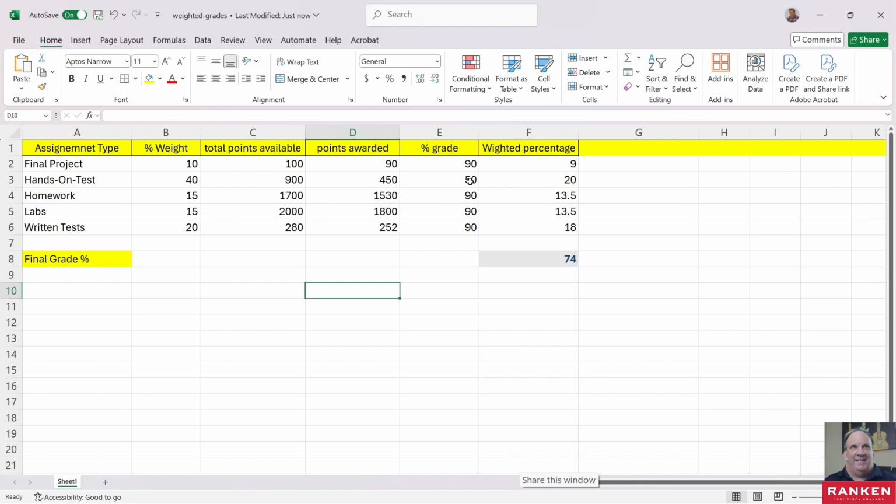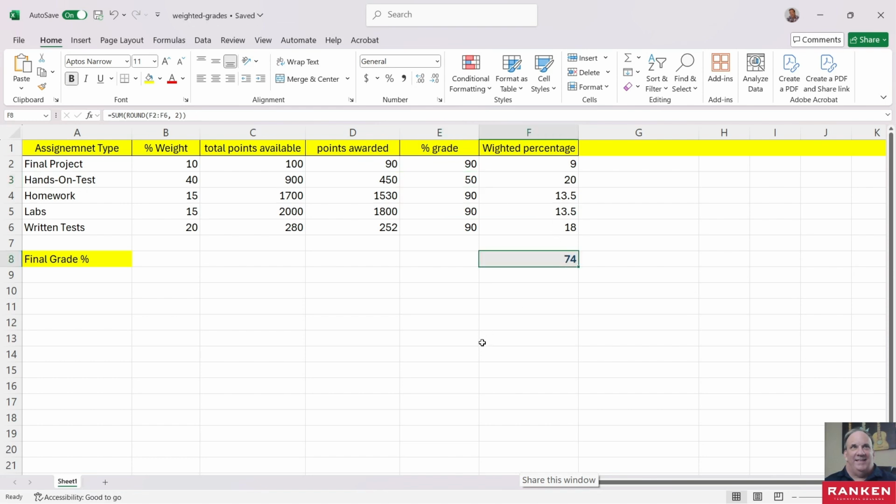It's basically this 50%. So it's going to take 40% of your 50%, which is 20. You can see your 90 that you had. You could do great on all these other areas, and if you really botched your hands-on test,